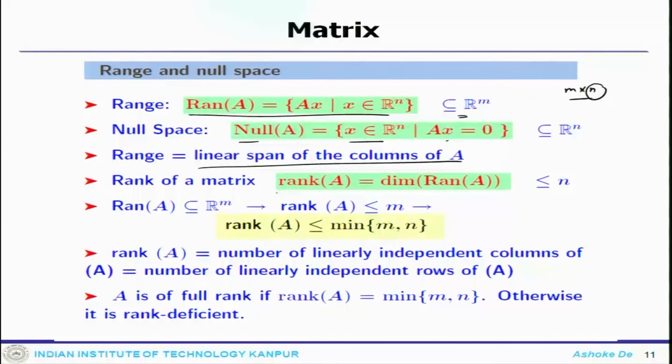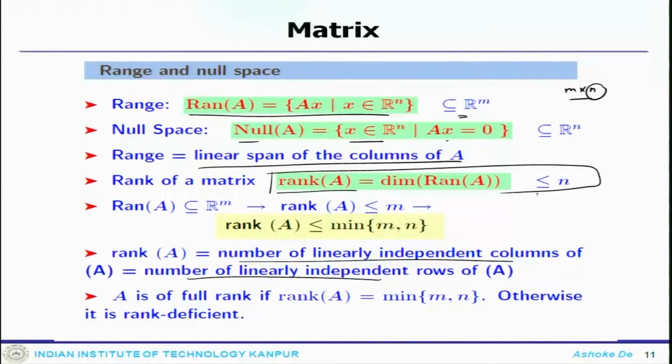The rank of the matrix determines the number of independent columns it has. So, if you have a 3 by 3 system and all 3 columns are linearly independent, the rank would be 3, so the rank is less than or equal to 3. The maximum possible rank for an m by n system could be n, otherwise it has to be less than n. It can be found through the elimination process. Now, rank of A is the number of linearly independent columns or linearly independent rows of A. If A is full rank, fine, otherwise A is rank deficient.